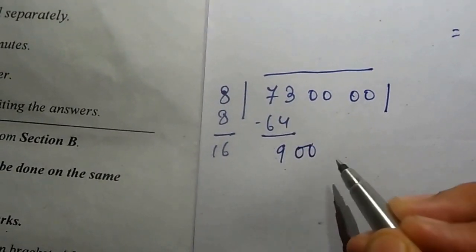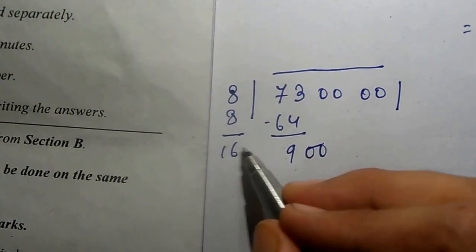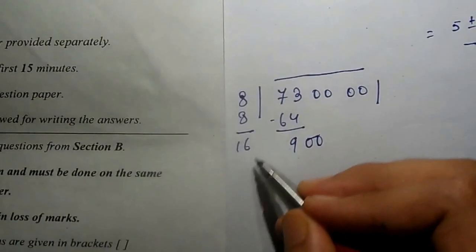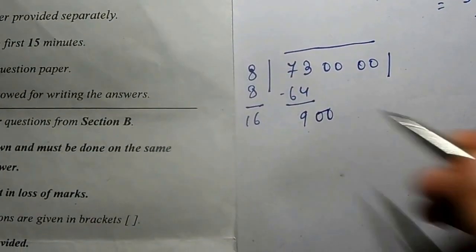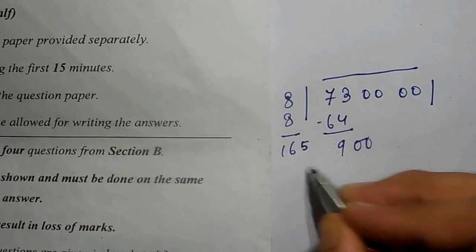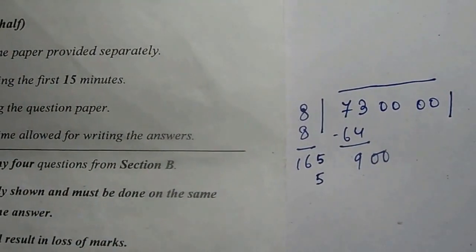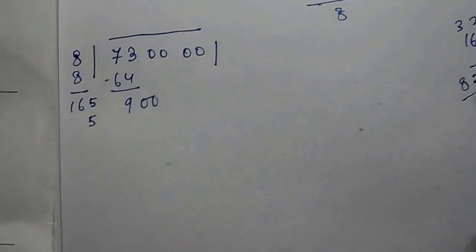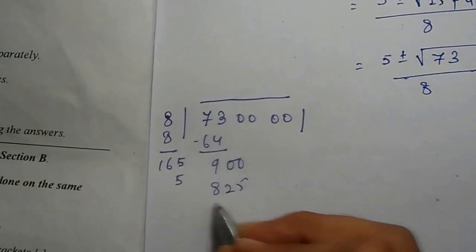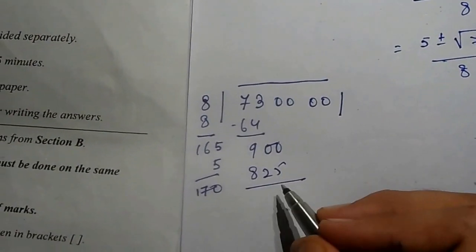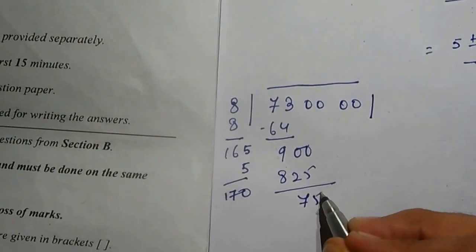Now we get 2 zeros over here. Now we have to write something here so that multiplying that number with the same number which you place over here will be nearing this number. So I guess it will be 5, and putting 5 over here, 165 into 5 equals 5 6 is 30, 2 5 1 is 5 6 7 8 825. Okay, and we deduct it, we add it over here 170, and we deduct it over here, we get 75,